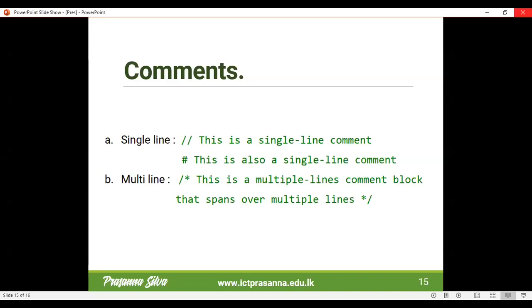There are single line comments, where you can start with double slashes and then write whatever comment you would like to state there. That is confined to a single line. If you want to break it and put it on another line, then you'll have to start it with either the double slashes or the hash symbol, and then put that line there. Or else, if it is spanning across multiple lines,